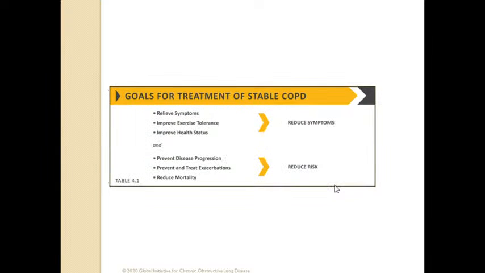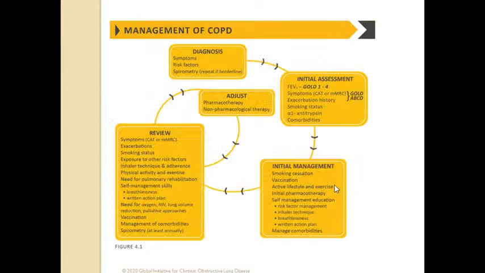But the goals of treatment are to reduce symptoms and reduce risk, prevent disease progression, prevent and treat exacerbations, and reduce mortality. Reducing risk means reducing mortality. Reduce symptoms, do you understand what that means? When we make the diagnosis of COPD, after complete clinical investigation, in primary care, if patients have stable COPD, you should first recommend smoking cessation, vaccination, firstly anti-flu and anti-pneumococcal vaccination, and change in lifestyle, and initial pharmacotherapy and self-management education